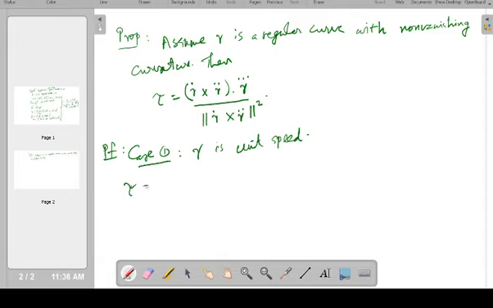In that case, tau is given by the formula. Tau is the torsion, minus vector n dot b dot. The dot product is commutative, so minus b dot dot n is the same as minus n dot b dot, and this dot you read as inner product, minus n inner product with b dot. So that is equal to minus n dot, inner product with, what is b? B is t cross n,